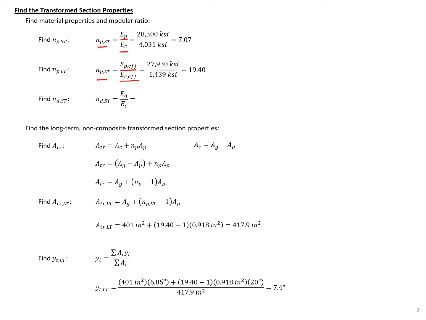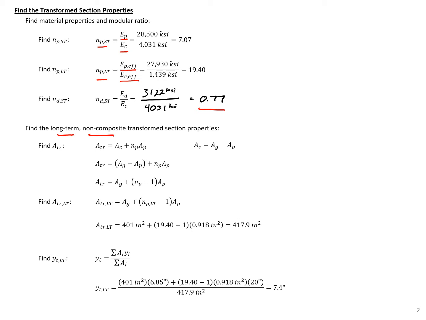For the deck modular ratio, we take the modulus for our deck, which is 3,122 KSI, and we divide this by the stiffness of our beam concrete, 4,031 KSI. So this will give us a modular ratio here of 0.77. So when we're finding our composite section properties, we're going to transform our deck area using that modular ratio 0.77. For our long-term